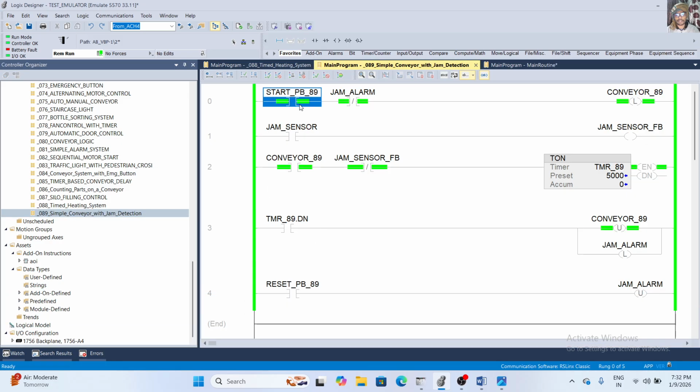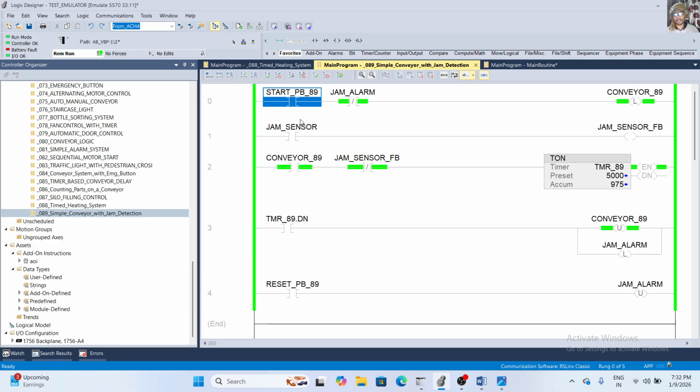When I press start PB, the conveyor will start and the jam sensor will not be coming. Then the jam alarm will indicate the alarm. Then you have to press reset PB, and the jam alarm will be cleared.